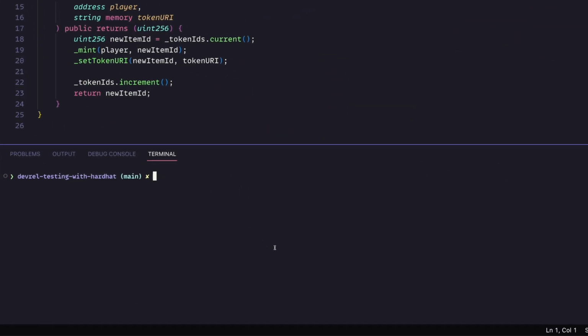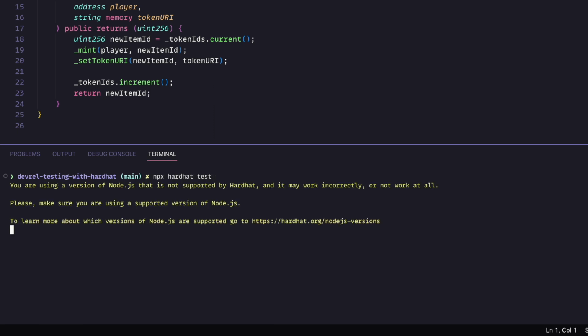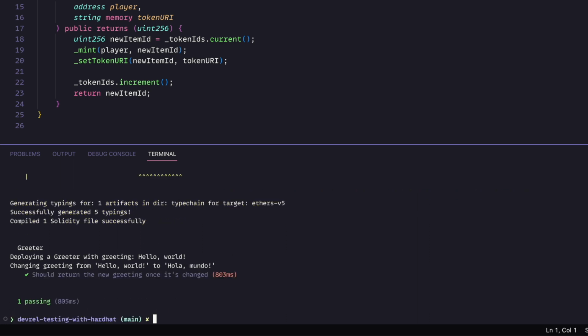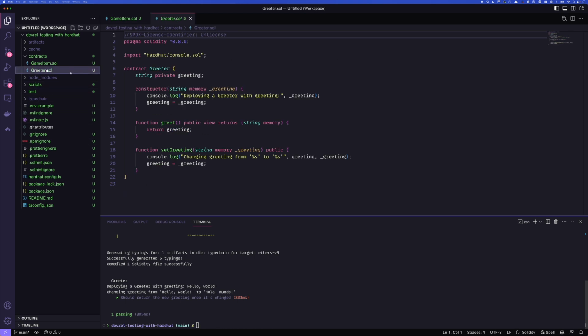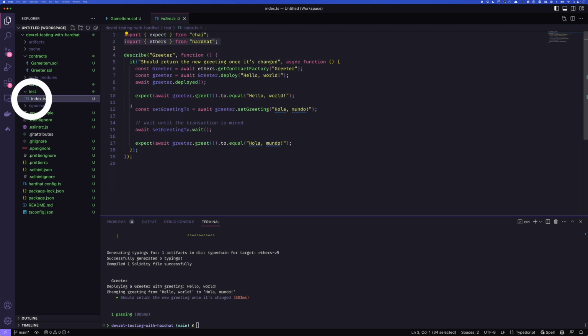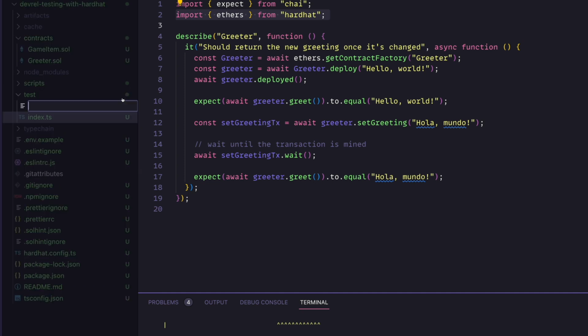When it comes to Hardhat, the first thing to know is that if you run npx hardhat test, you should see the tests that are currently there. And you'll notice this starter project here has some tests for Greeter. This Greeter contract here just sets a message, and we have our tests in the test folder under index.ts, and it describes the Greeter function and what it should do. We can use this same kind of framework in our tests. So one thing to know is that when Hardhat runs its tests, it's going to run everything inside this test folder. So create a new file here, and we'll call it